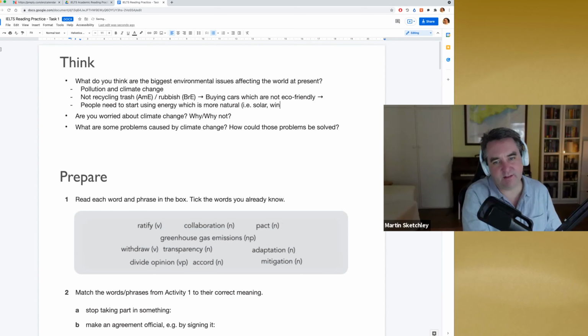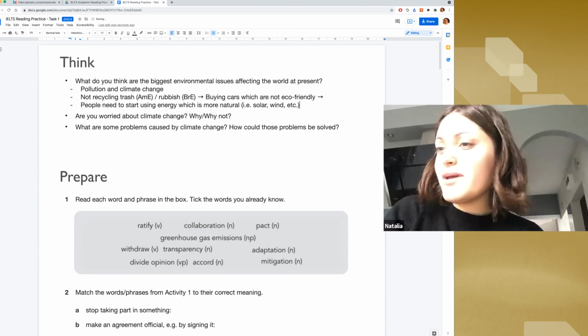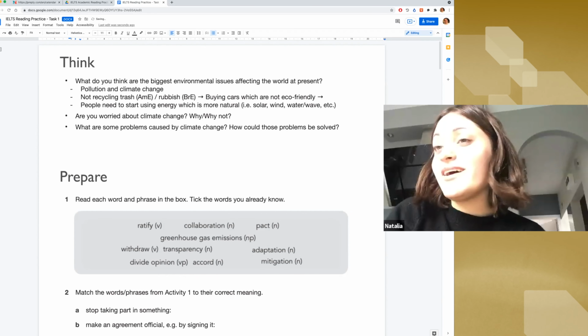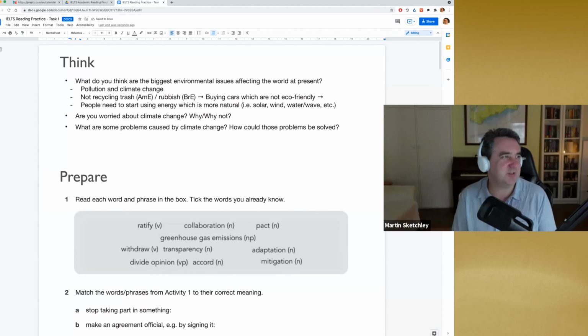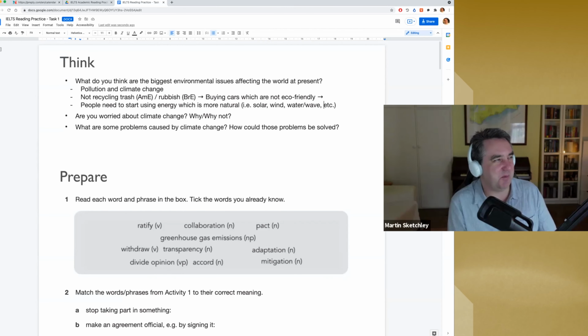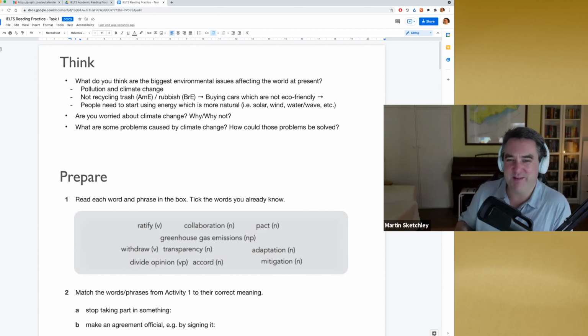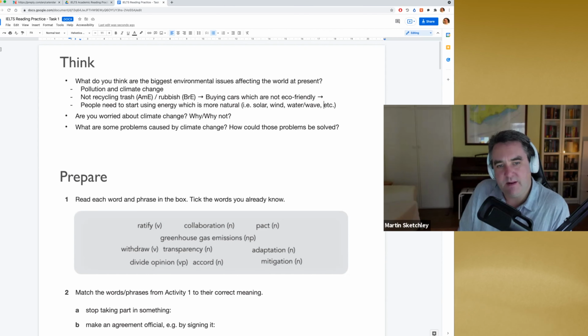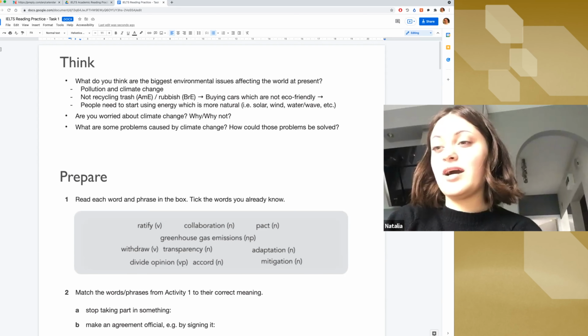Solar, wind. Yeah. Water, maybe. I'm not sure. Yeah, we have water or what is it? Wave. Maybe, yeah. Which I was taught when I was really young. They had all this sort of eco-friendly type of energy. Yeah. And all to designate from carbon and